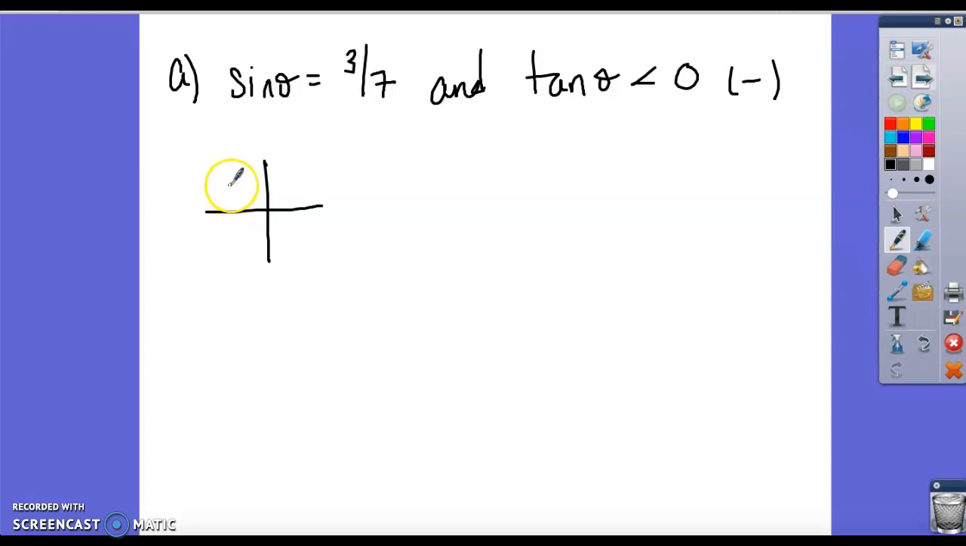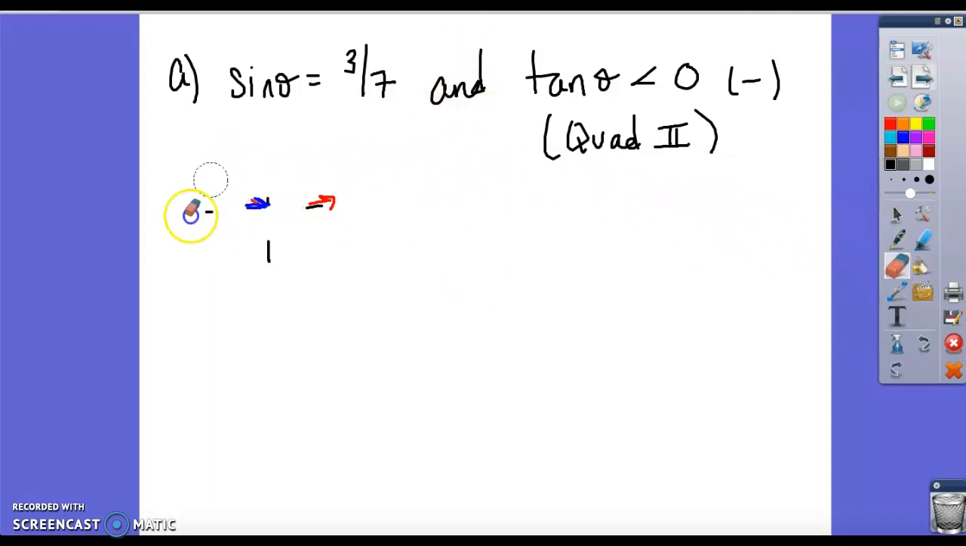So that means that I am talking about an angle in the second quadrant. And I need to find, what are we looking for? Cosine and tangent of this angle. So I'm going to redraw this triangle. I need to find cosine and tangent